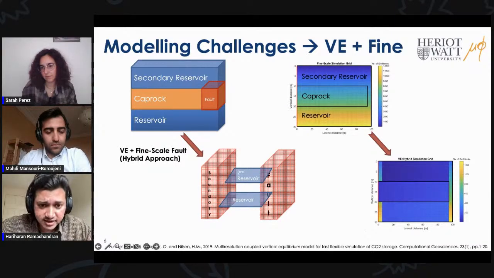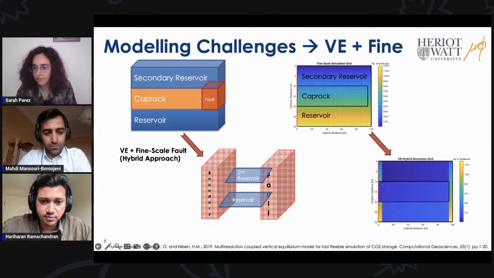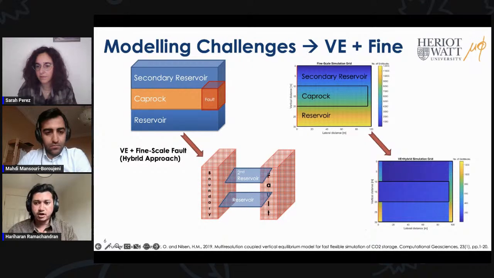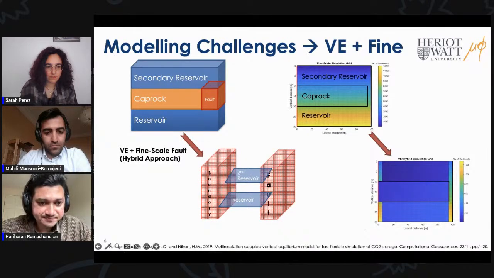So I've shown the VE grid in the image over here, where you can see there are fine scale grids at the top reservoir, left boundary, and the right boundaries, and at the fault blocks. These are the blocks with the fine scale grid. So now this original 12,000 grid block problem has been reduced to around 1250 grid blocks as shown here. Everything else is kept constant. And the one major point of note over here is we're still treating the fault as an equivalent porous medium or flow through the damage zone. And we continue with this assumption.